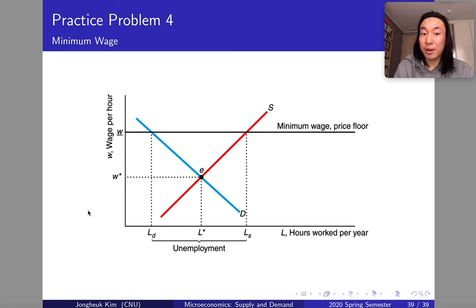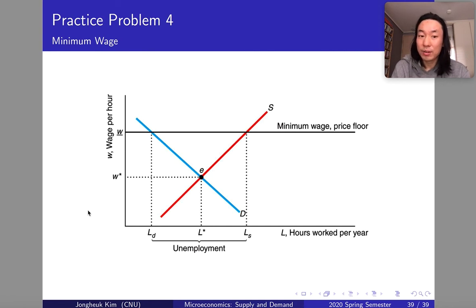So they set up the minimum wage at W bar, which is quite a bit higher than W star. So the employer cannot give their employees less than W bar,